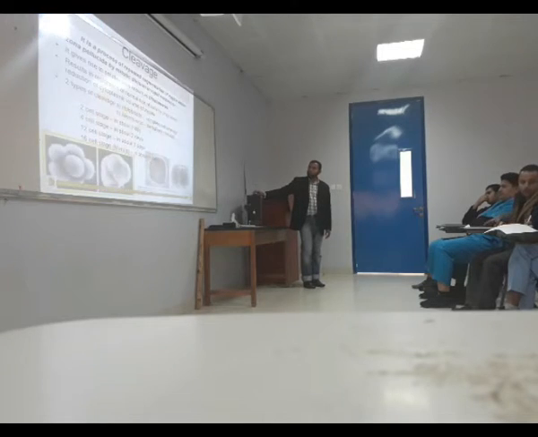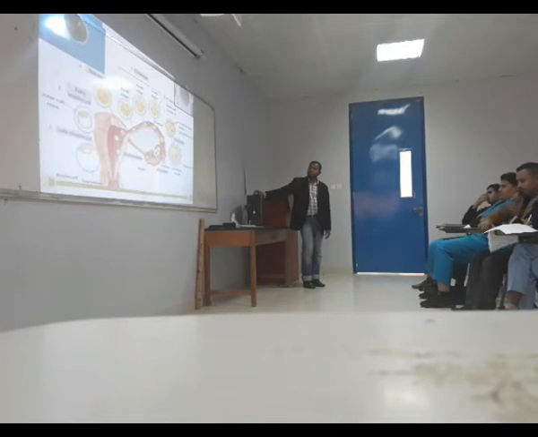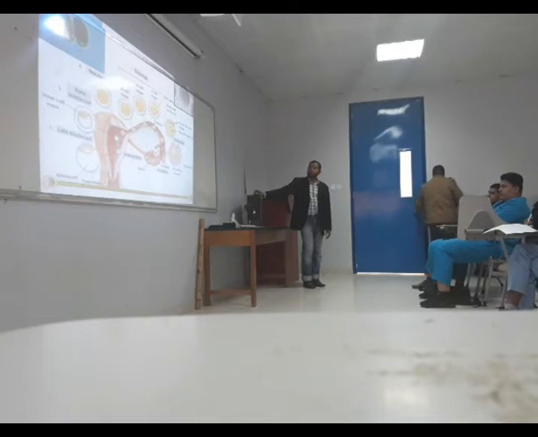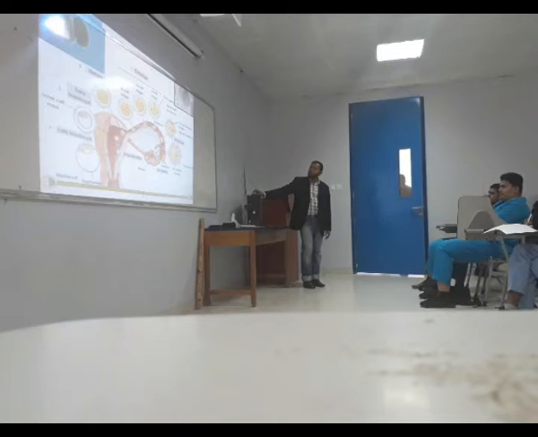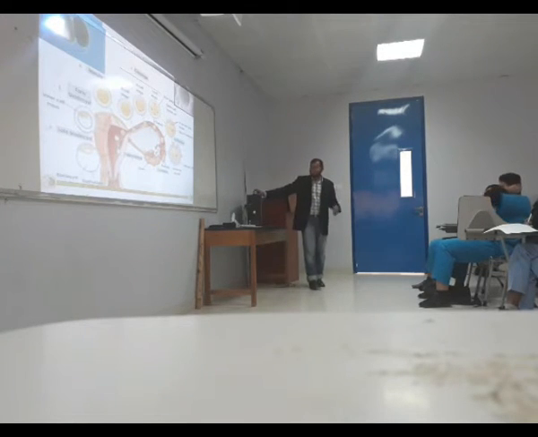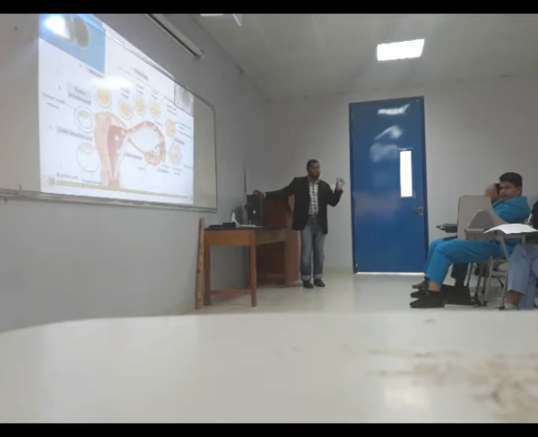If you see here, once again, see the cleavage. So there is the holoblastic, so equal size and division is taking place. Here also you can see 2 cell, now it has become 4 cell. Single cell becomes 2 cell. Then again there is cleavage, it becomes 4, then 8, then 12, then 16, and it keeps on going, it doesn't stop there. But this 16 cell stage is a very important stage because it looks like a mulberry, that's what is called morula. So this is the stage here.